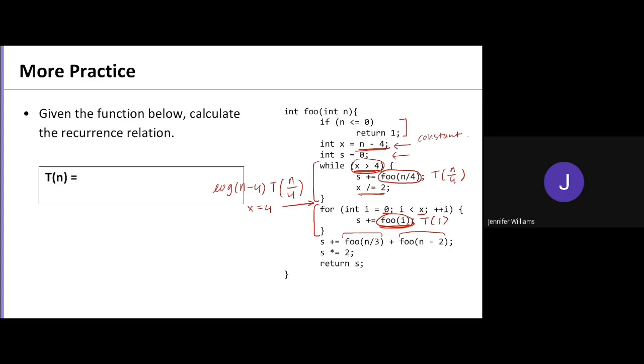And since it's surrounded by a for loop, and we know that x is going to be 4, right? And we have foo n over 3, which this should come down to 2, and minus 2. Sorry. So if you add this all up, should be